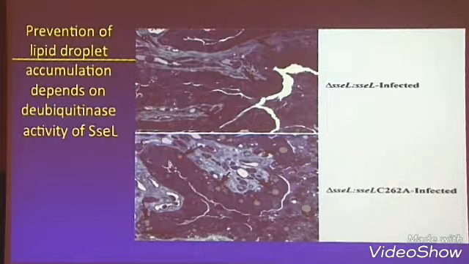So if that's the case, I told you that it was known that SseL had deubiquitinase activity, so it basically gets rid of ubiquitin. So we put a point mutation in this activity and see if that had any effect on the cells. It turns out that the lipid droplet accumulation depends on the deubiquitinase activity. You can see when we took an SseL mutant and put in wild-type SseL, we suppressed lipid droplet formation. Yet if you put in a point mutant in the deubiquitinase, you still get a lot of these lipid droplets here. So that argues that this enzymatic activity of whatever it's deubiquitinating is key in this lipid droplet formation.